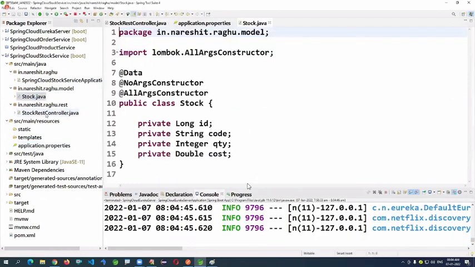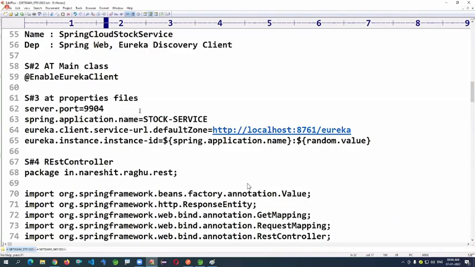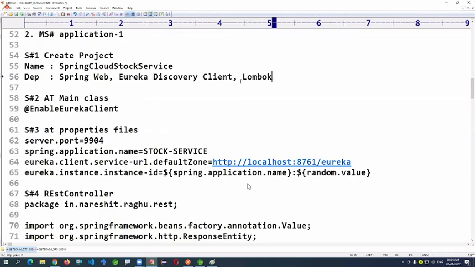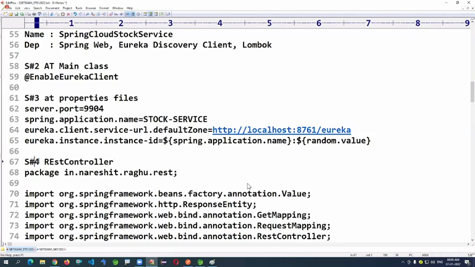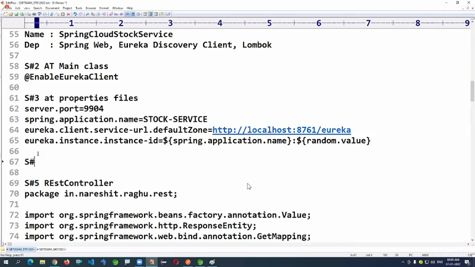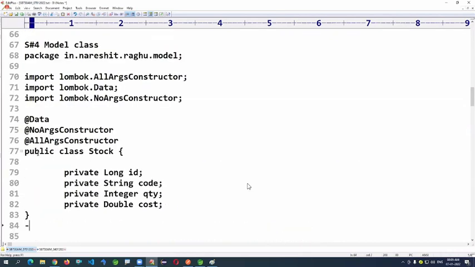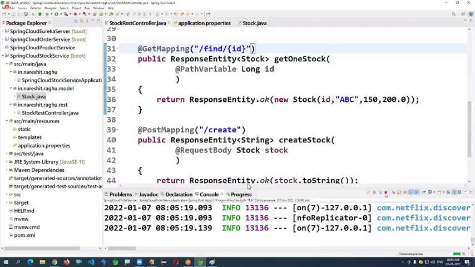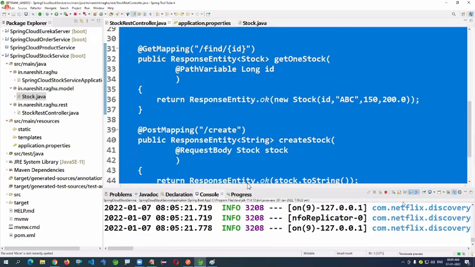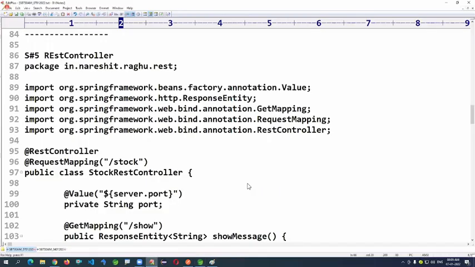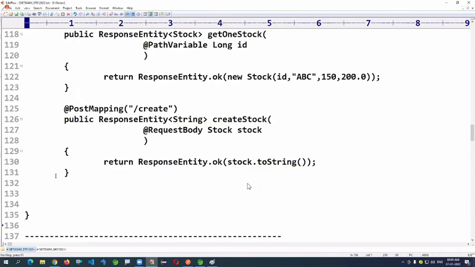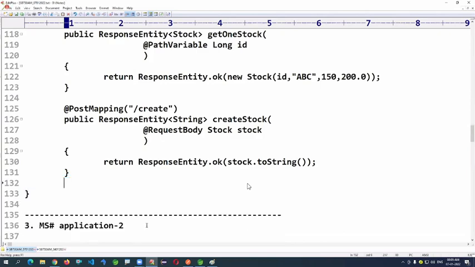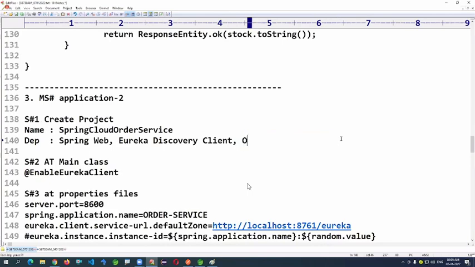The properties file remains the same, adding the Lombok dependency, one model class, and the REST controller modified here. Application 2, OpenFeign, Lombok.